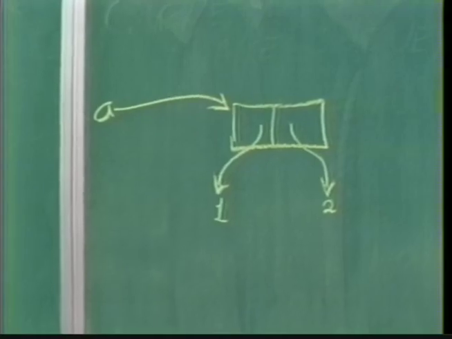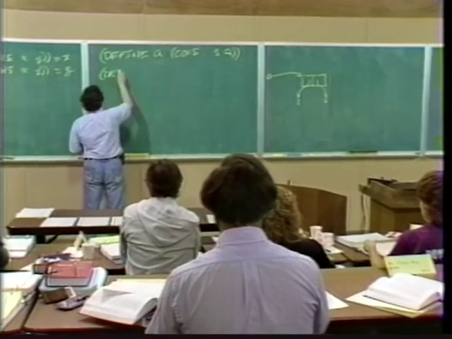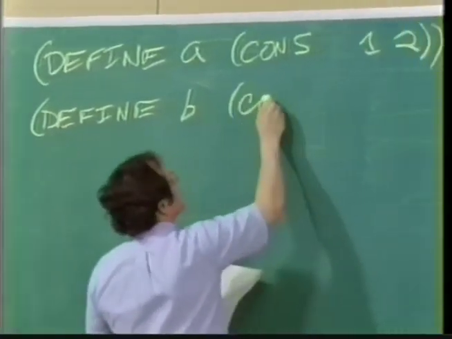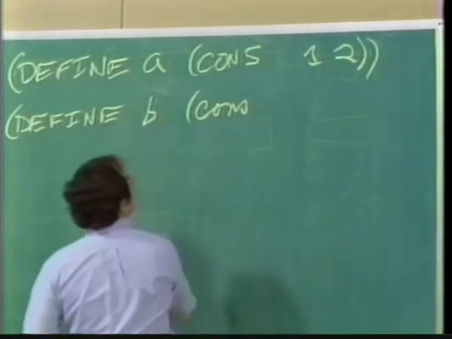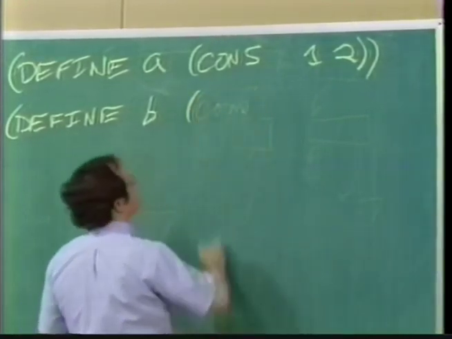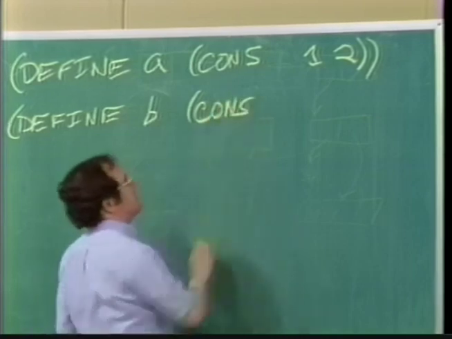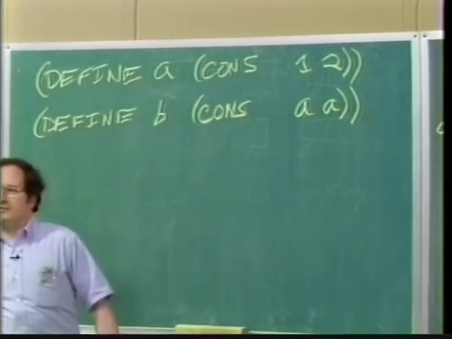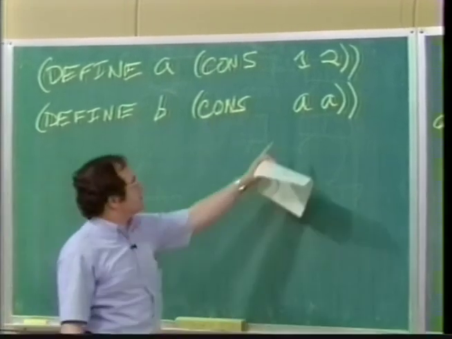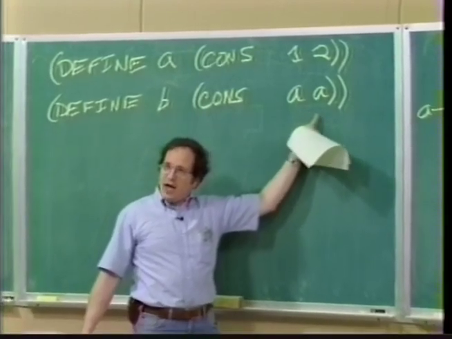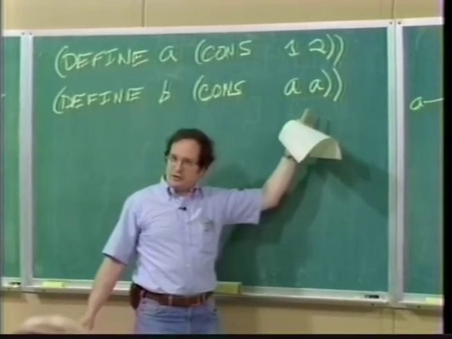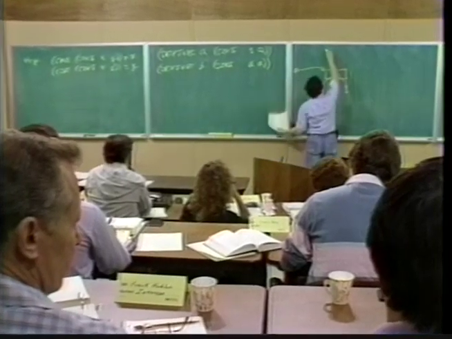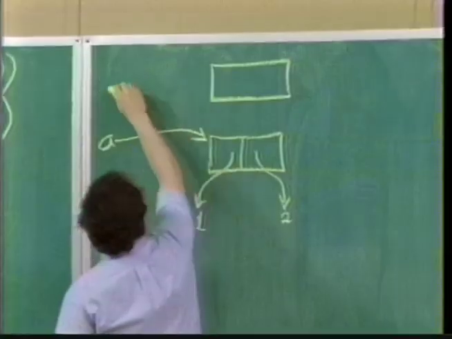Now, supposing I also say, define B to be the cons, doesn't matter, but I like it better. It's prettier. Of A and A. Well, first of all, I'm using the name A twice. At this moment, I'm going to think of constants as having identity. This is the same one. And so what that means is I make another pair, which I'm going to call B,